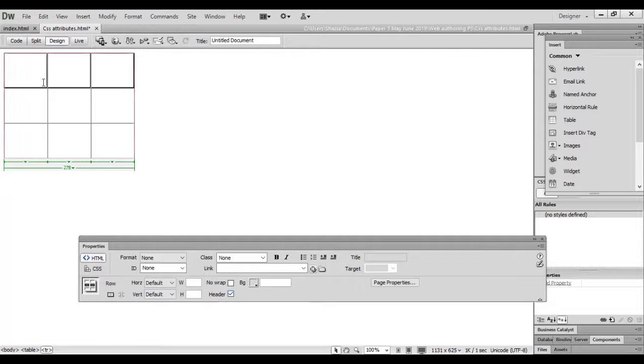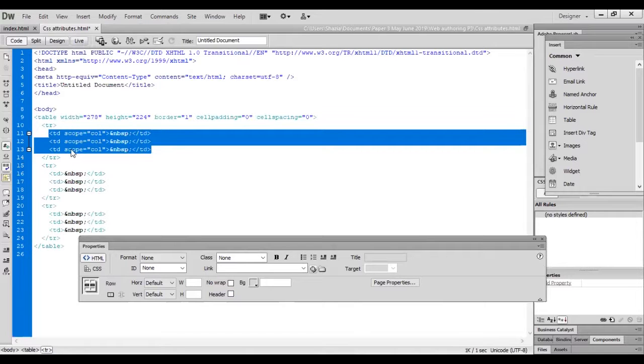But I can change this header into TD, into table column, into table cell. So if I uncheck this, it is a table column. So click on this and uncheck one by one. Now my first row, I can change this into table cell or table data, table column.